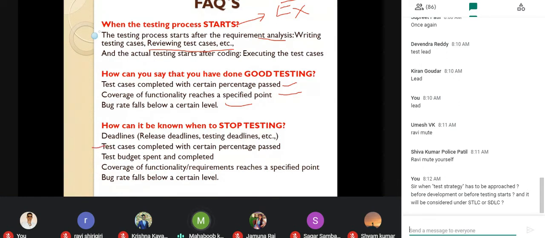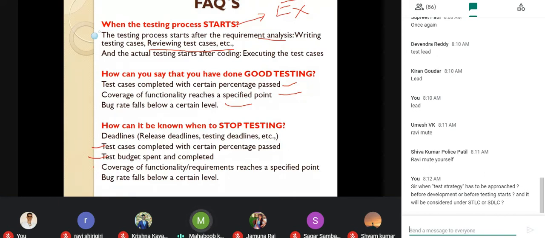Yes, this is the right answer and it is very important in this group. When the test cases are completed with a certain percentage pass, test defects, test budget spent and completed. That is how you are getting the budgets, so when all the budget is completed, you can say stop the testing.